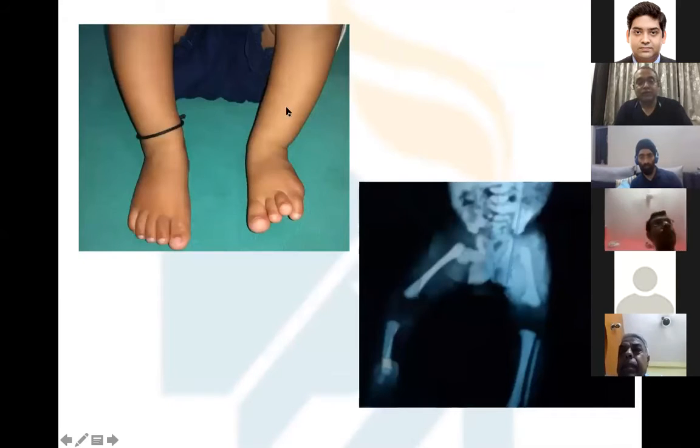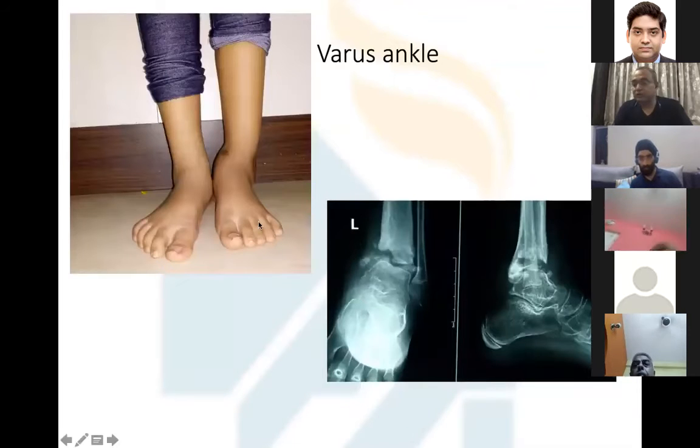Now here, if you see an ankle varus, it's a case where this child is having a loss of the fifth toe, which suggests, on X-ray, a fibular hemimelia, and these are the cases where they also present with a valgus at the ankle joint. Now, here is a post-infective case where there is a deformity of the ankle, a sequela of septic arthritis, and there is a varus ankle there.